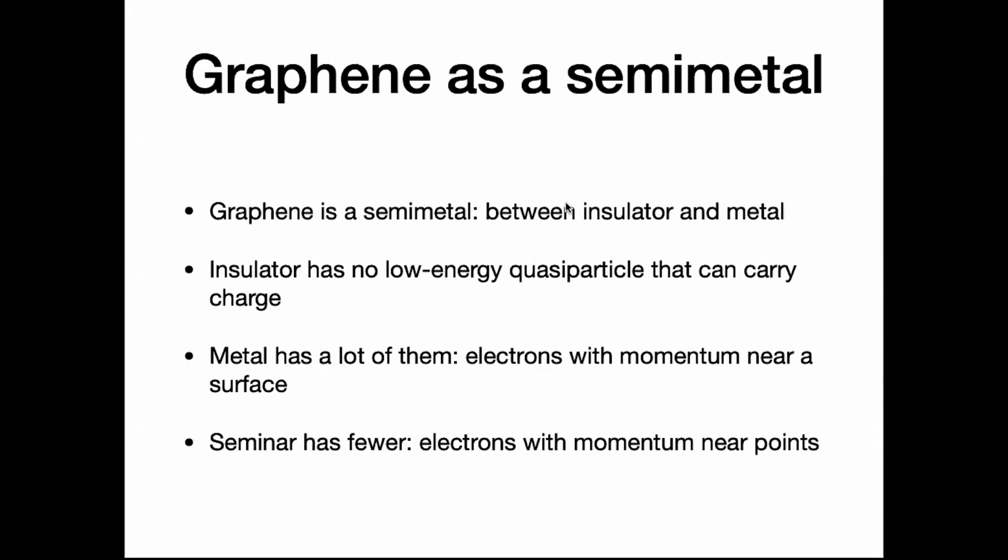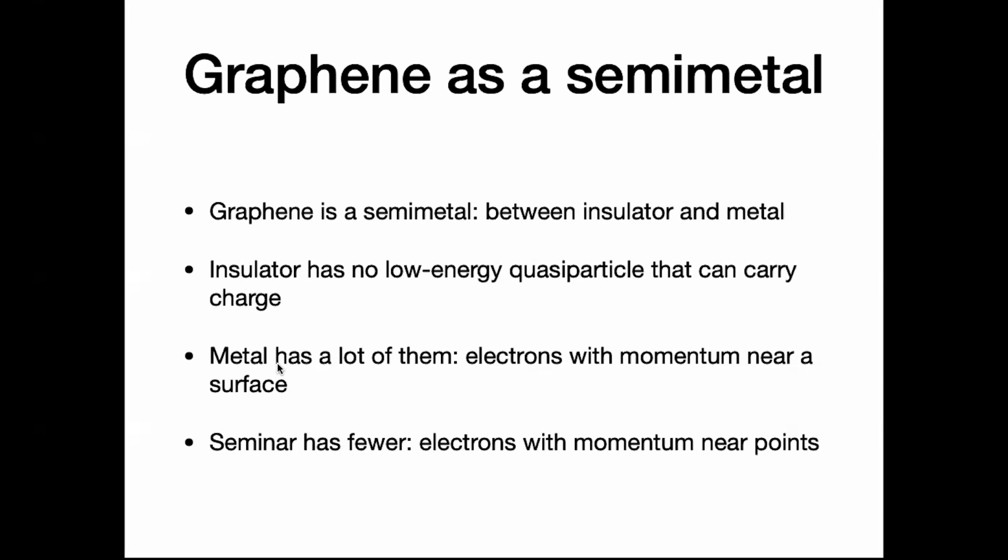So such an insulator cannot conduct electricity, because in order to conduct electricity, we have to excite a quasi-particle that can carry charge from one place to the other. So an insulator is a thing that does not have any low energy degree of freedom that carries charge. Metal, on the other hand, is a state of matter where there are a lot of degrees of freedom that can carry